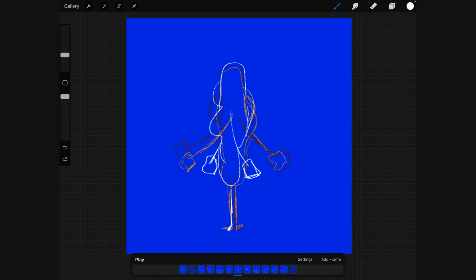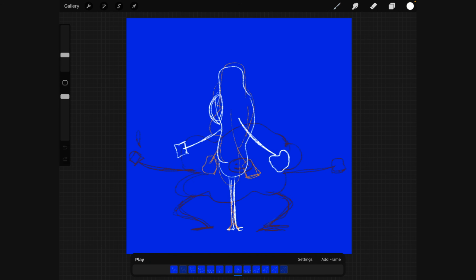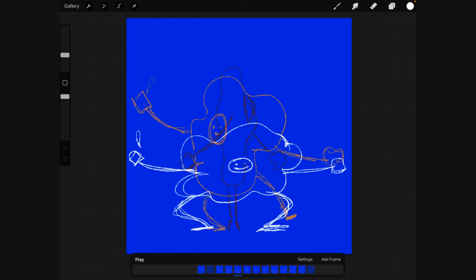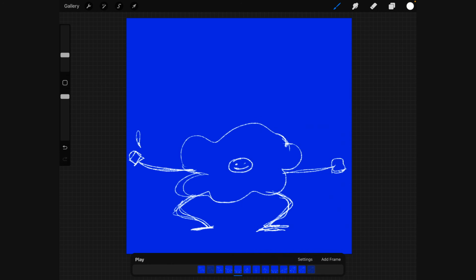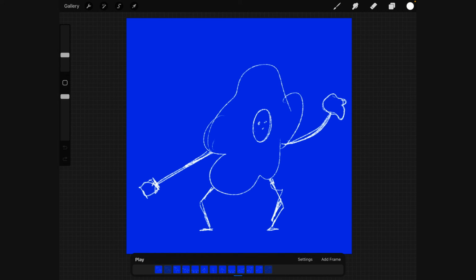Might actually be nice to have some pointed toes here, so let's add that into our motion. And we can go back to those frames that we had before where we had the flat feet and just go into the eraser and erase them off. So now we've got him bent down, goes up into tippy toes and spins around.